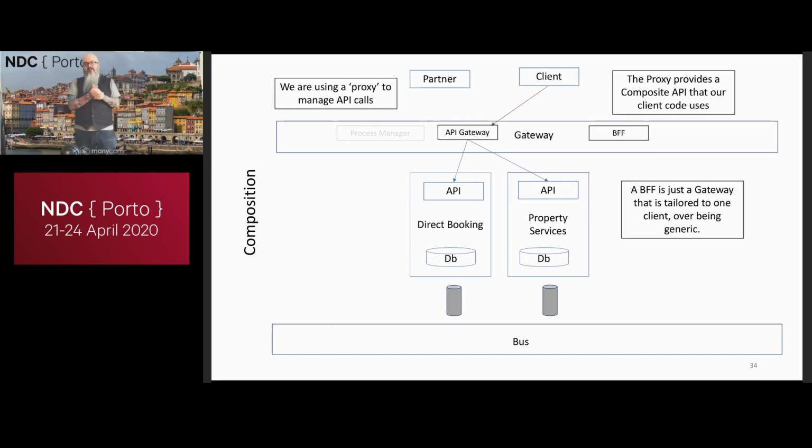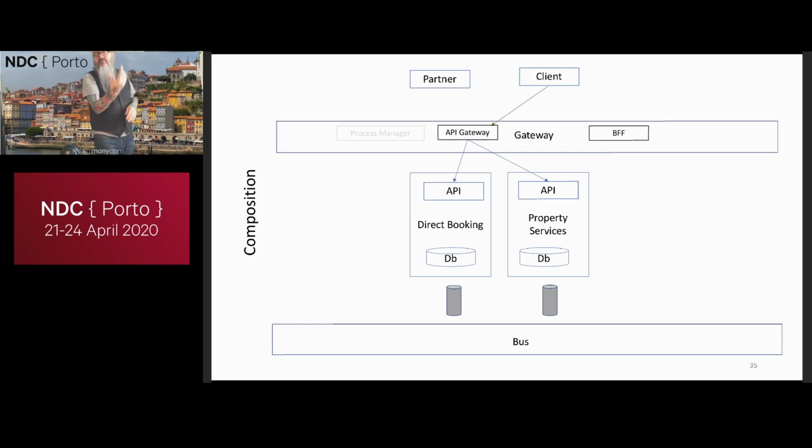So a BFF, which is Sam's term, is really one of these, but it's built for a specific client. So a BFF says, actually, I'm going to build one of these, but it's going to return data in just the shape our Android client needs it, or just the shape that this third-party organization wants that data, as opposed to a generic API gateway, which is basically just a generic gateway that I can use for any number of clients. The reason you might do the more tailored version is to make sure that you're not returning unnecessary data to the consumer, so you can minimize the cost over the wire.